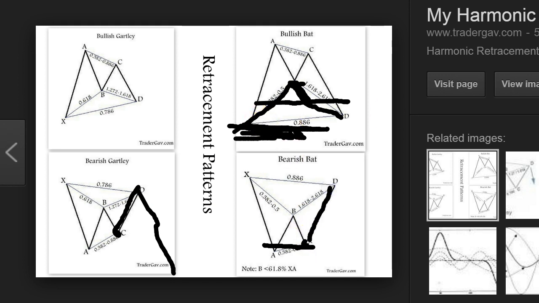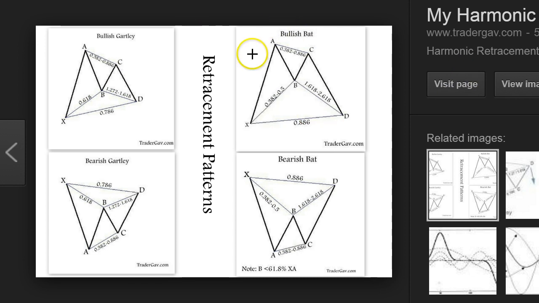I just watched some guy today talking about this trading, how to trade a Gartley. I mean, I'm already confused. Okay, like, it's a bearish bat, but bullish bat. It looks like the big move is down here. I know we're supposed to buy here, but see, this is the problem. We don't know when D is going to enter. These are steep. This bullish Gartley, I guess the bats